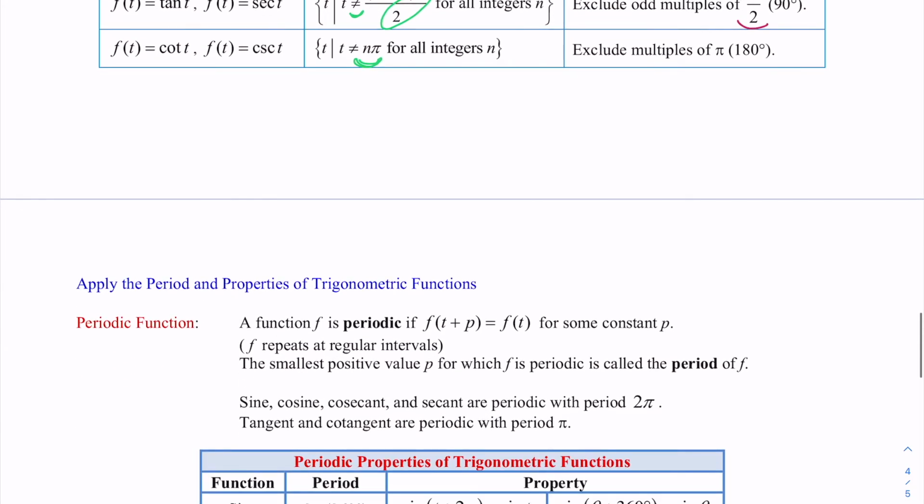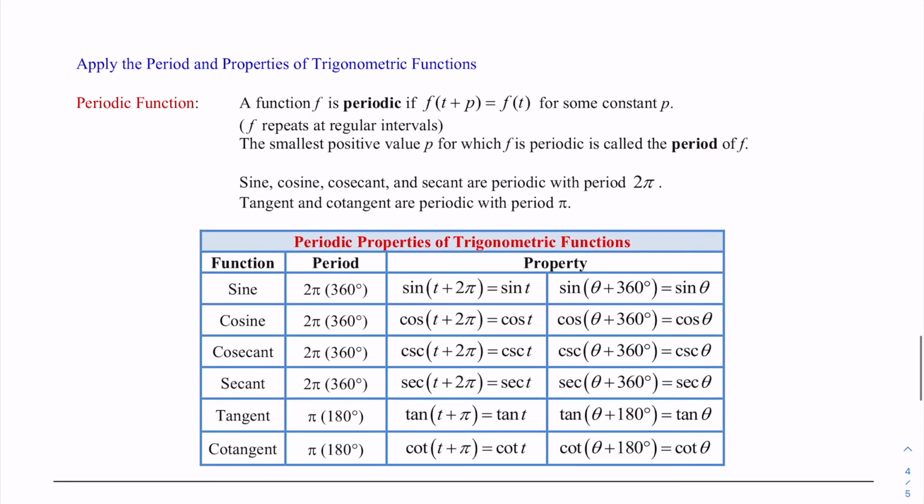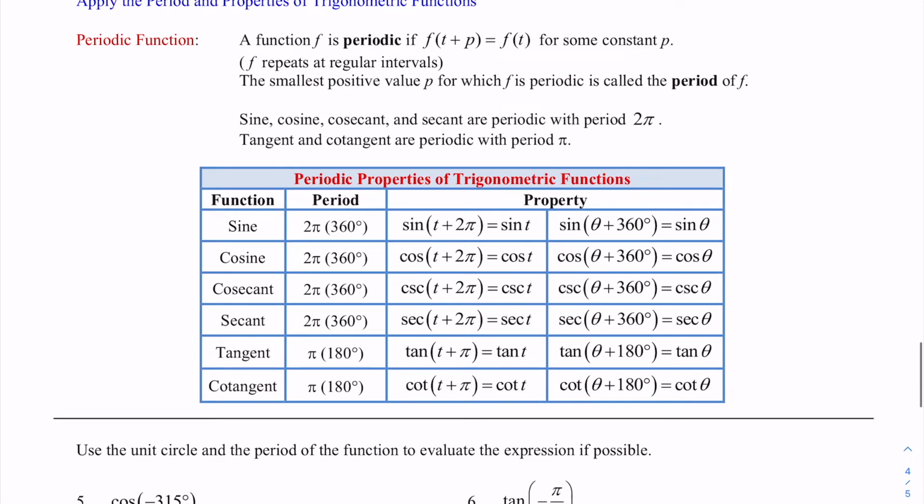Okay, let's apply the period and properties of trig functions. You again might want to pause the video and go ahead and take a look at this. We're going to start with a periodic function, and periodic function,